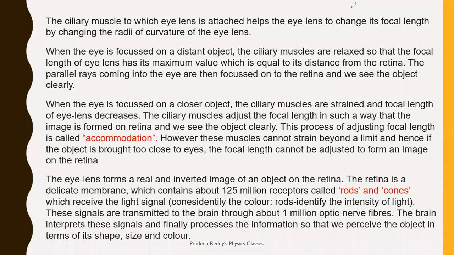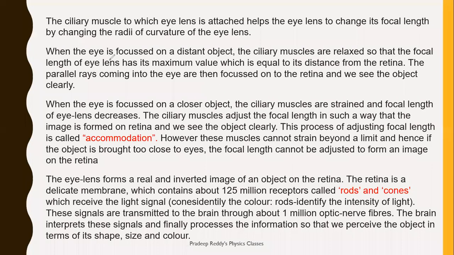Students, in yesterday's session, we have learnt about the human eye, a few important parts, and how an image is formed on the retina when you place an object in front of it. In this particular session, we will be explaining a few terms of the eye, their importance, and a few definitions regarding vision.